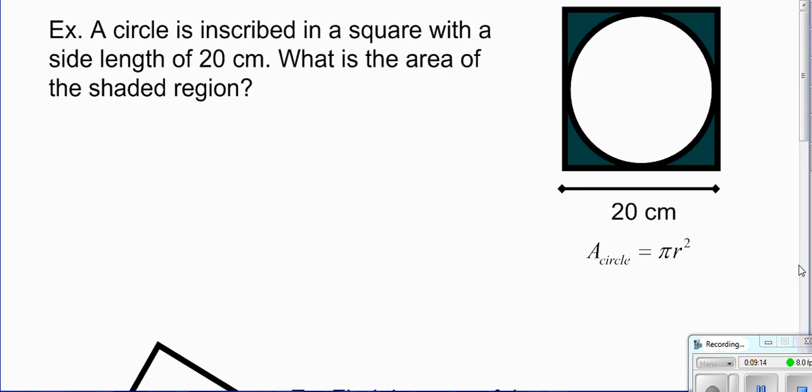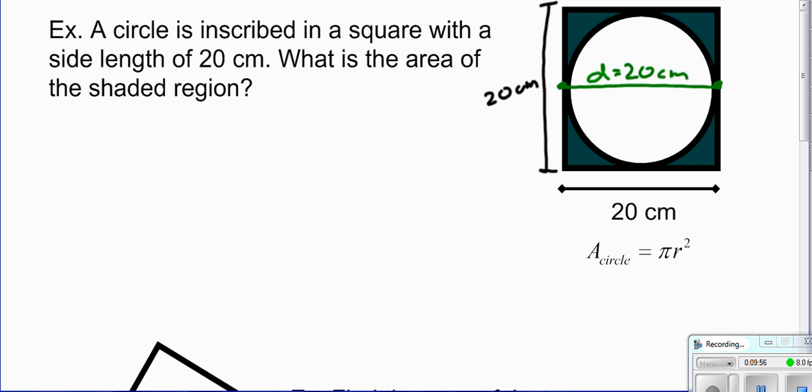Okay, another example where you have a shape inside of a shape, and something is being cut out or covered up, and we only want to know part of the area, so we need to know the area of both. It says a circle is inscribed in a square. That means the circle is inside the square, and the square has side lengths of 20 centimeters. Remember, it's a square, so this side is 20 and this side is 20. When it's inscribed, the circle goes from one edge of the square to the other. So the diameter of the circle is also 20